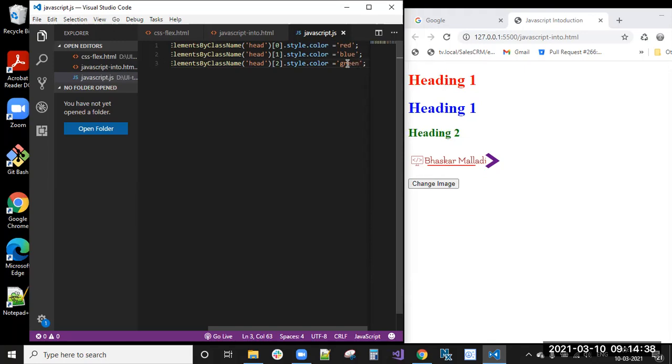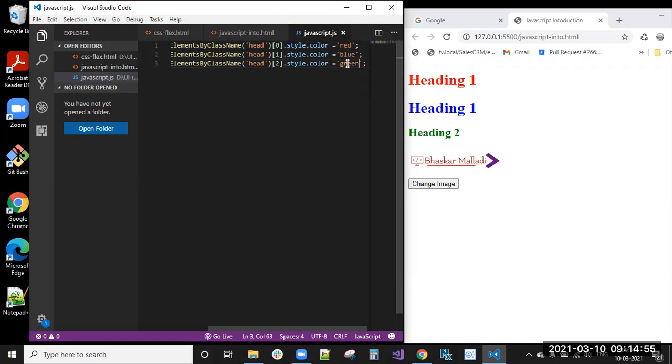So these are the three ways we can select a particular element in a document by using JavaScript. These are JavaScript selectors. Like we have CSS selectors, that many selectors we don't have in JavaScript.